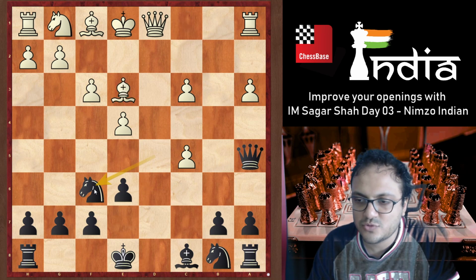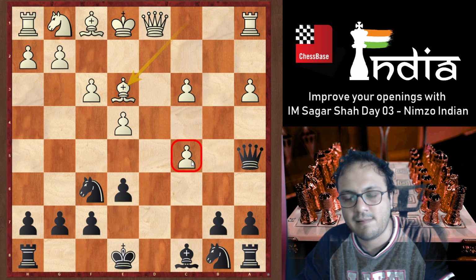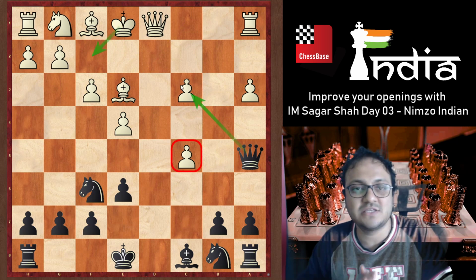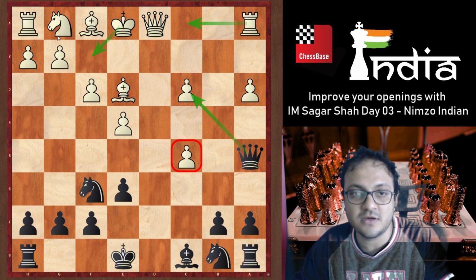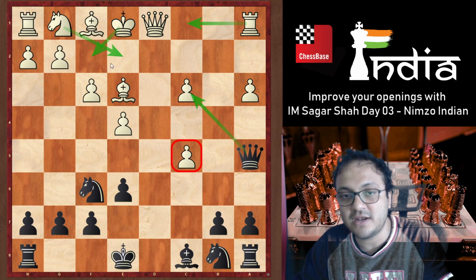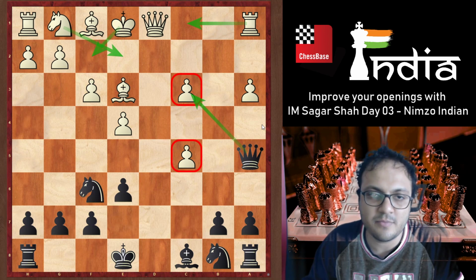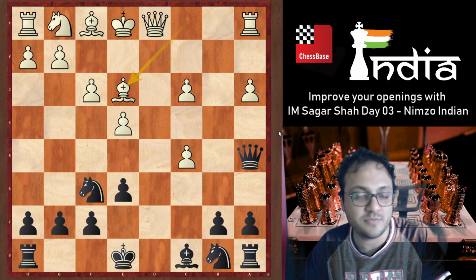And now white usually plays bishop e3, defending the pawn here. Once again, if you take on c3, king f2, and white is just very happy. You opened up more lines. My rook can come here. My knight can join in, and don't take this. These pawns are weaklings. Let's not take them very quickly. If you can win this pawn cleanly on c5, that would be nice.